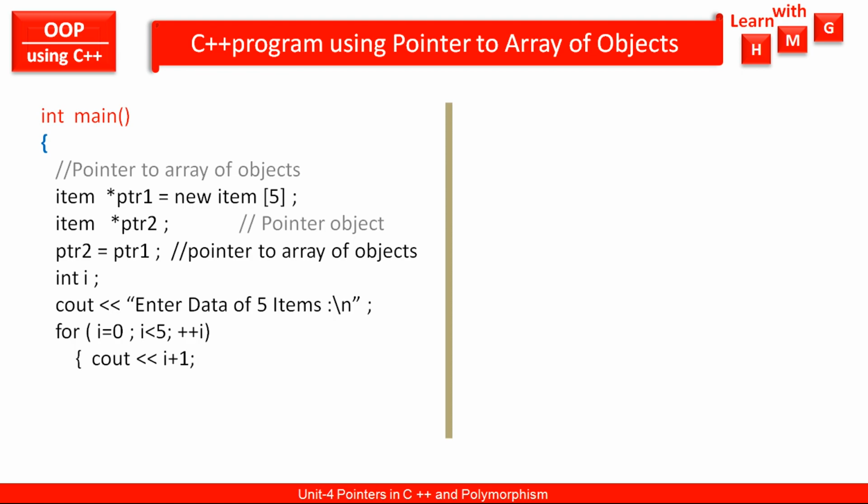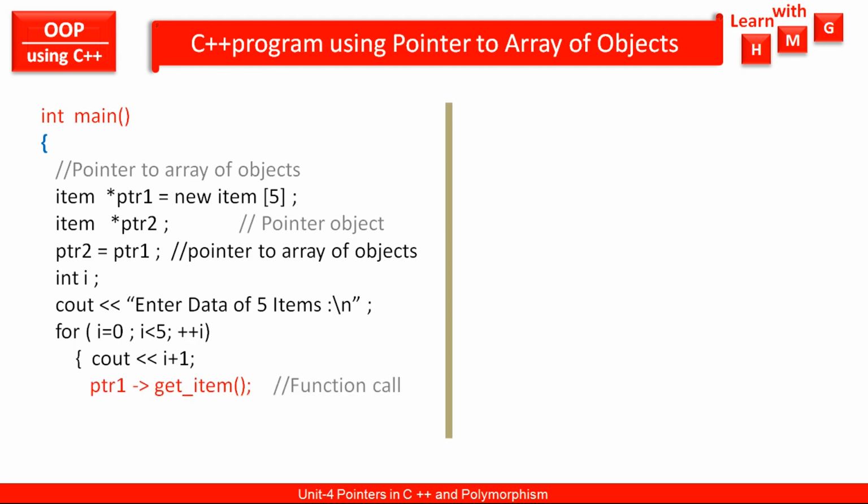First of all I will display the item number 1, 2, 3, 4, 5, and for that I will use the index variable, i plus 1. Initially it will display 0 plus 1, that is 1, then 1 plus 1, that is 2, next iteration 2 plus 1 is 3, next 3 plus 1 is 4, and the last iteration 4 plus 1 is 5. That is 1 2 3 4 5. So for 5 items I am going to display these item numbers.